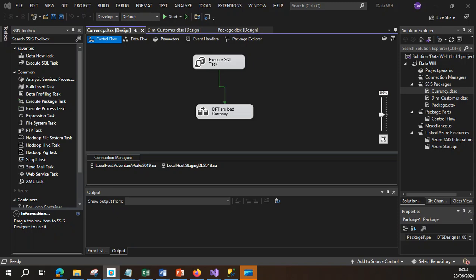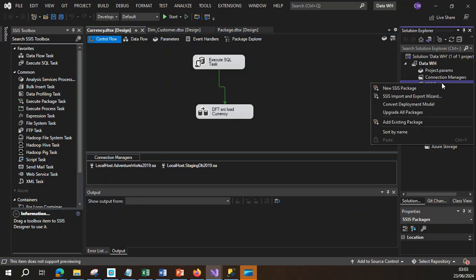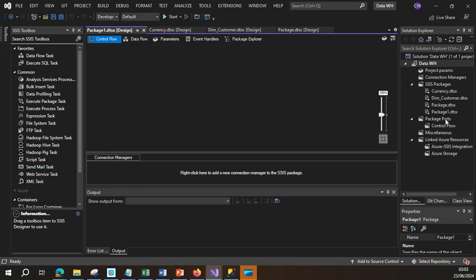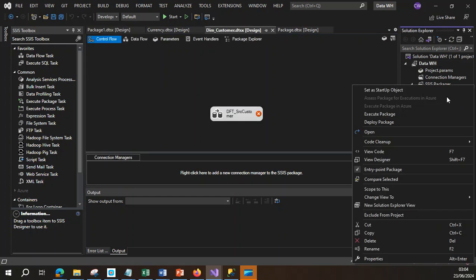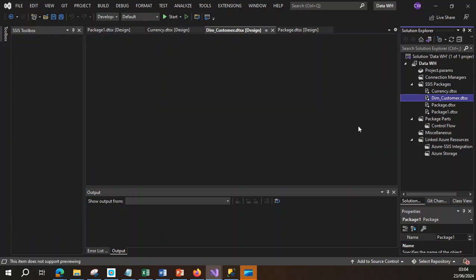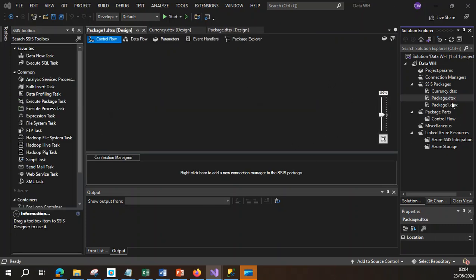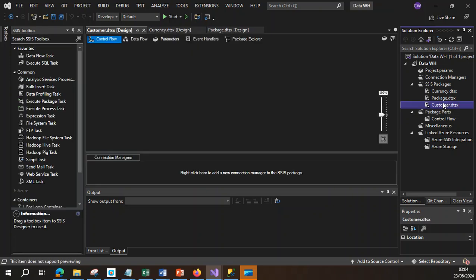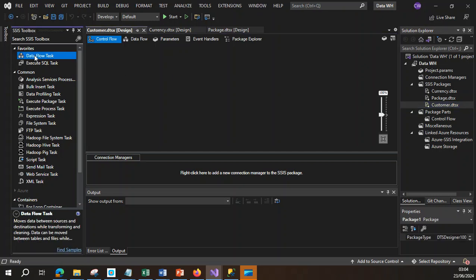So from the screen, this is exactly where we stopped last time. Let's add a new SSIS package. Let's label this customer. This is what you're seeing here. I think what I put here, the customer, is not supposed to be here. Let's remove this. We have not got into dimension. Let me label this as customer. Okay, all right. So click on the same customer. Let's come to data